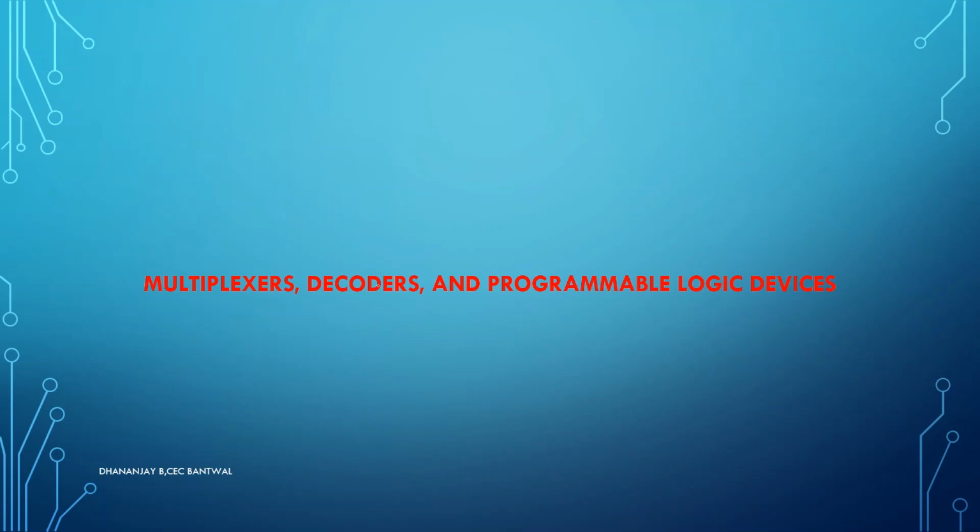Speaking regarding multiplexers, people normally call multiplexers in short form by the name MUX. These multiplexers are the ones which have multiple data inputs and one single output. So let's say this is my multiplexer block diagram. The inputs I give to a multiplexer are called data inputs, and the output is called the data output.